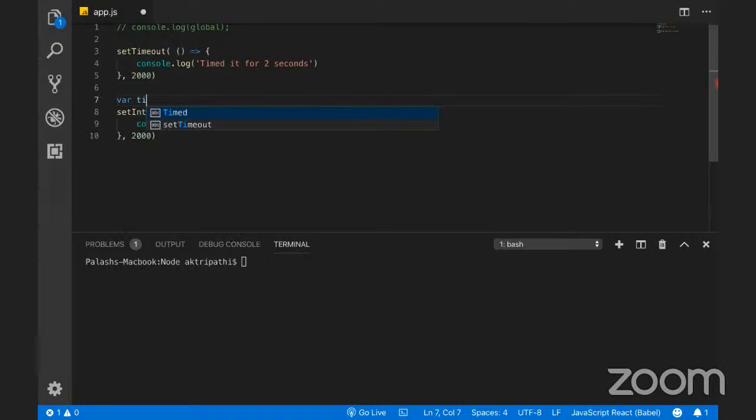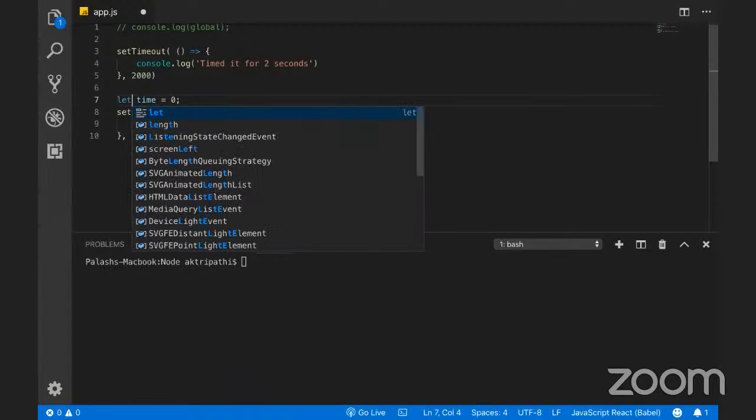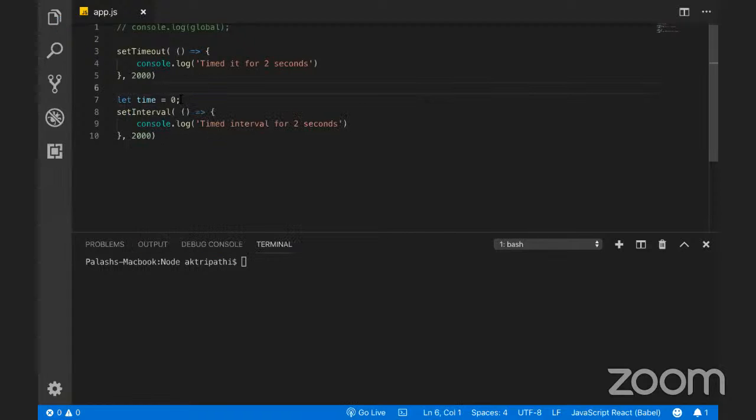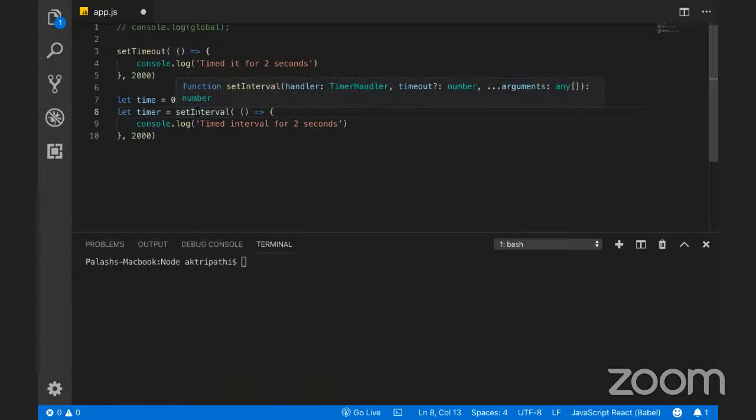Define कर लेते हैं var, ठीक, क्योंकि अभी भी var use हो रहा है। आपने देखा उनके documentation में भी वो लोग var की बात कर रहे थे। तो var use कर लेते हैं अभी के लिए, but इसको let भी use कर सकते हैं, we can use it, like there is no problem using it. Let's not confuse you, let's keep it to let at the moment and initially I will make it 0 और इसको एक expression में create कर देते हैं and I will call this let timer is equal to setInterval।